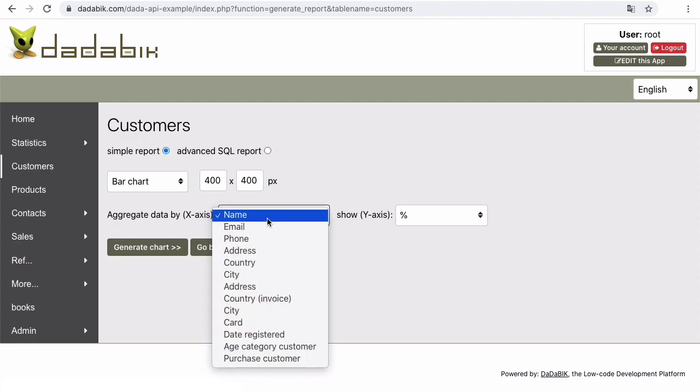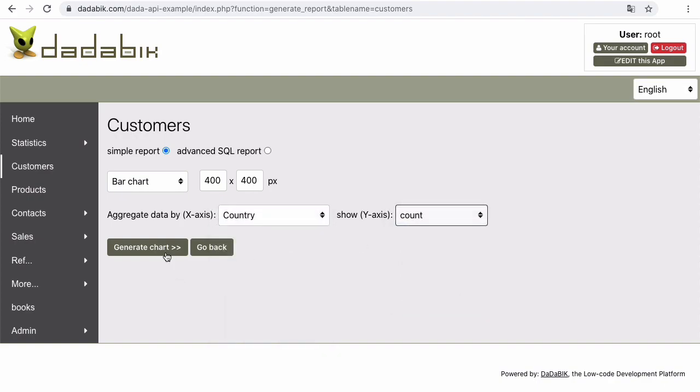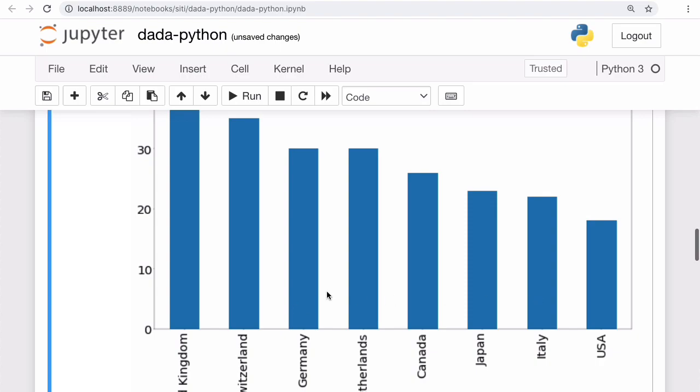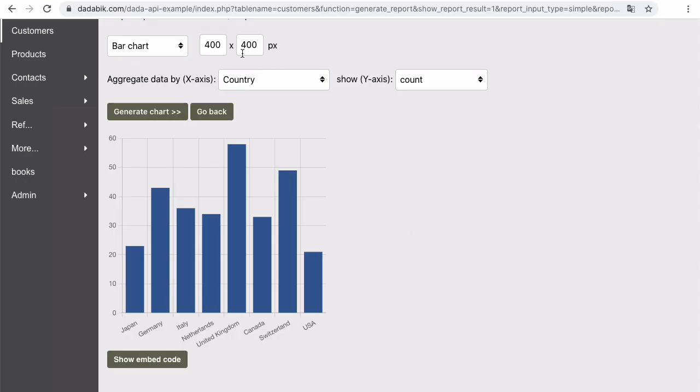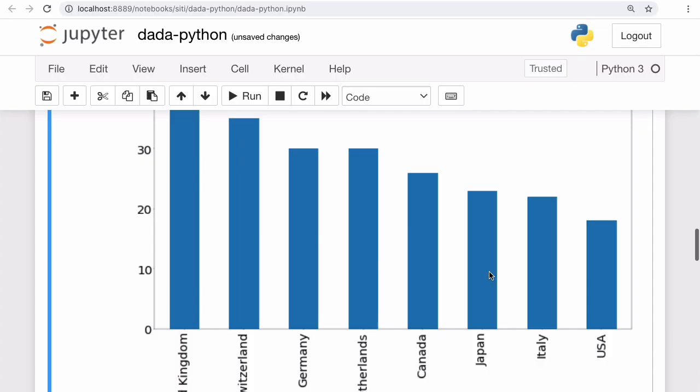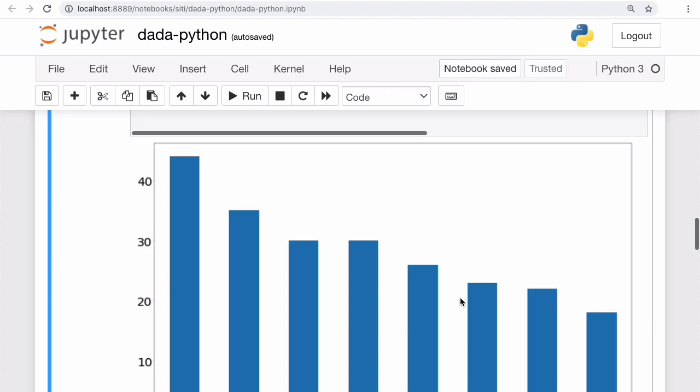Generate chart, aggregate data by country, show count. I get more or less the same chart. It's not sorted like here, but I can make it bigger. So it's more or less the same chart, but what I wanted to show you is that